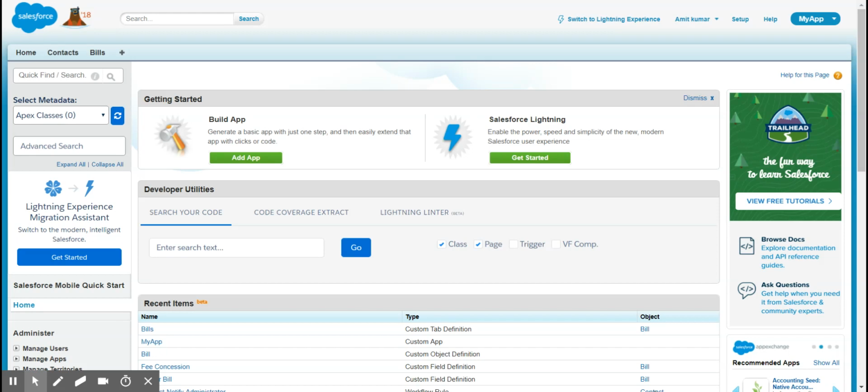Like suppose the first step is to select your object. It can be a custom object or it can be a standard object, and then specify the criteria and select approvers. You have a list of users, so you can select any user or list of users as approvers. And the fourth step is to select email templates. On the basis of the approval process, it automatically sends emails to approvers to approve